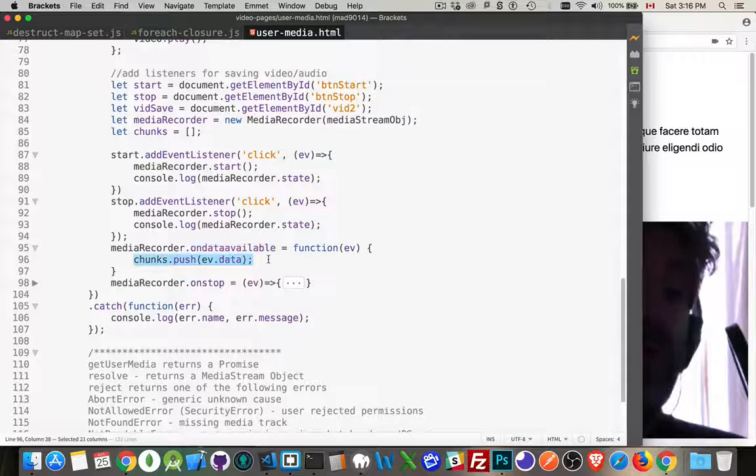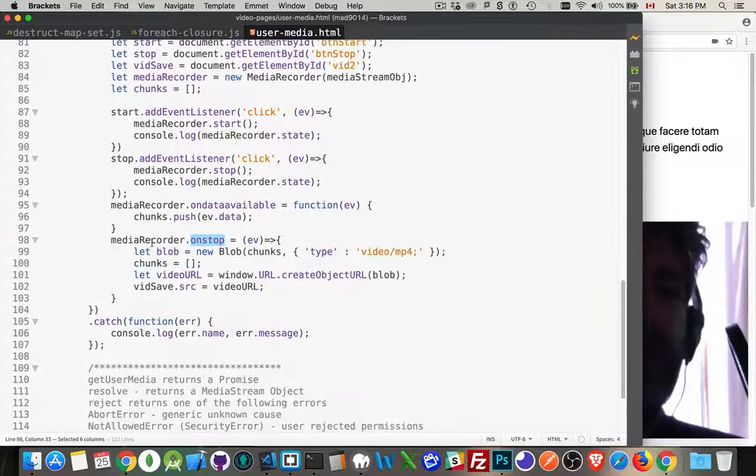This is all we're doing in here. When the data from the event is ready, we add it to that chunks array. So we're just adding it to this array. That's all we're doing. Then on stop, when we're finished recording, so we've clicked the stop button, we've told the media recorder to stop recording, now the on stop event fires. And inside of here,